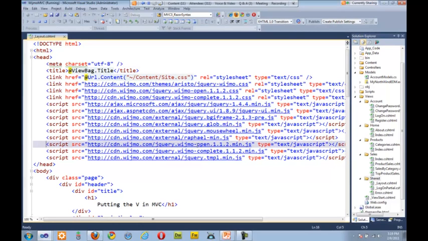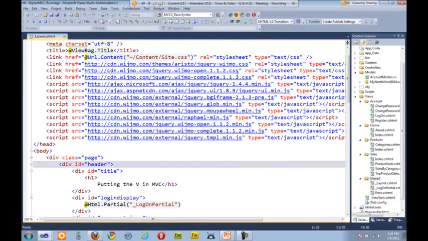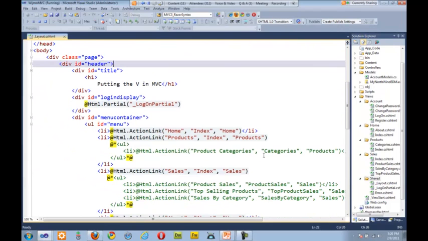Wijmo Open is a completely open source set of widgets under MIT GPL, same as jQuery. And Wijmo Complete is a commercial set of jQuery UI widgets. So that is the difference between those two. In this application, I'm referencing both. And then I have things like the jQuery templating plugin. So not all this stuff is requirements, but it's all stuff that I will be using to build rich views